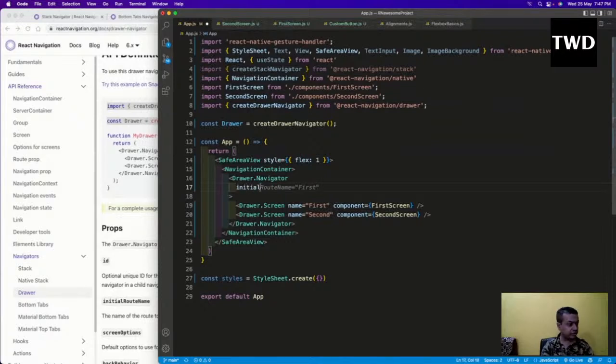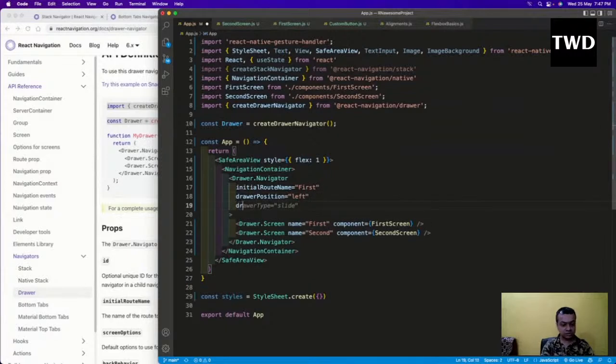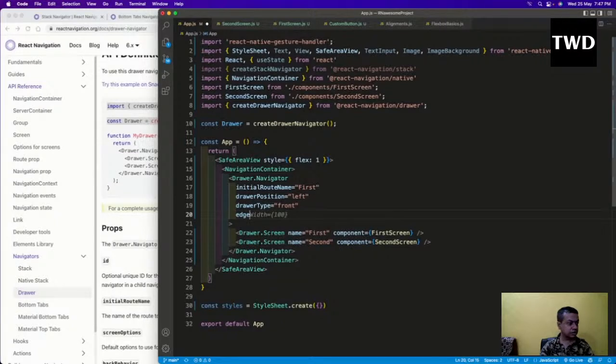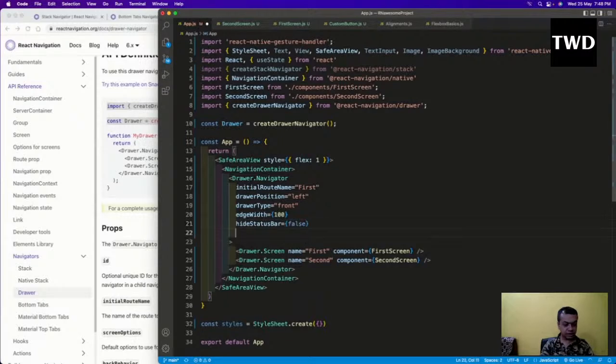initialRouteName is first, drawer, drawerPosition is equal to left, and drawerType equal to front, and edgeWidth is 100, height, statusBarAnimation equal to false, and overlayColor equal to white maybe, and